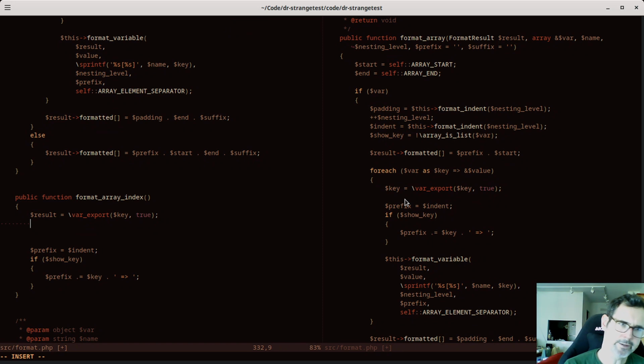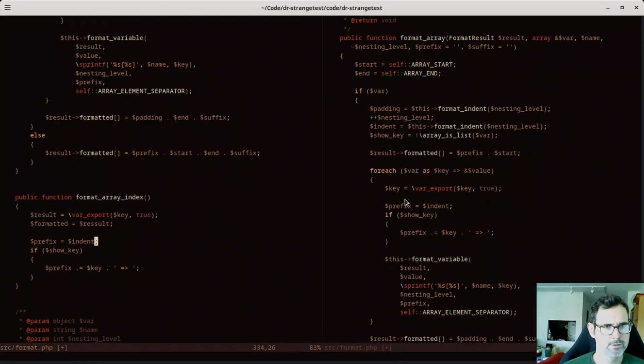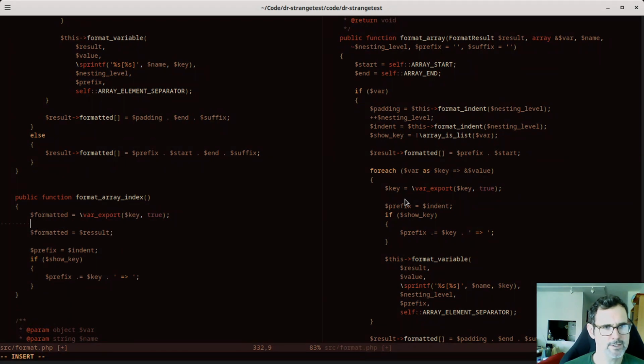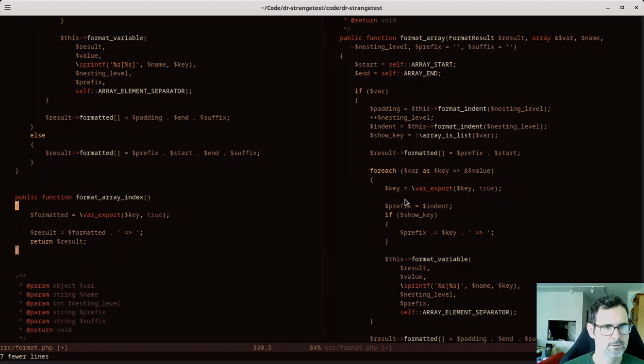I'm not quite sure what to call that. Maybe formatted equals result. Or maybe formatted, and then result is going to equal formatted, and then we'll return that result. So what are we saying here? This would then turn into, well, so this would be,